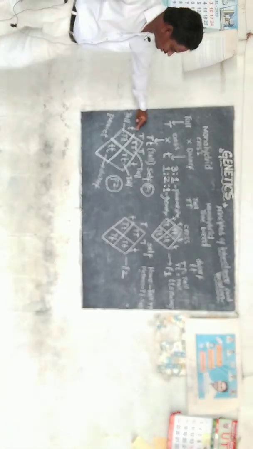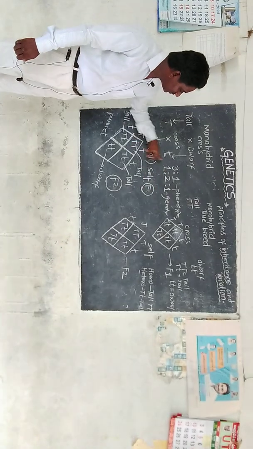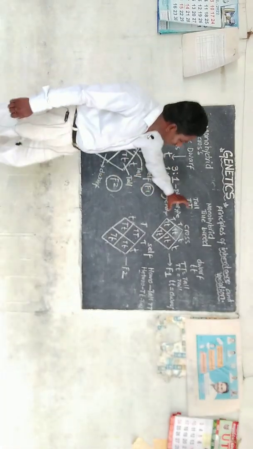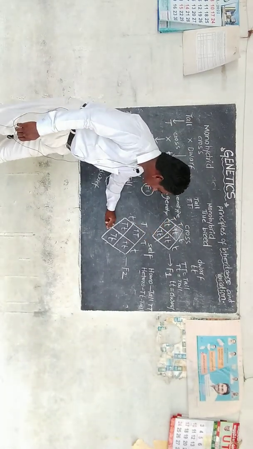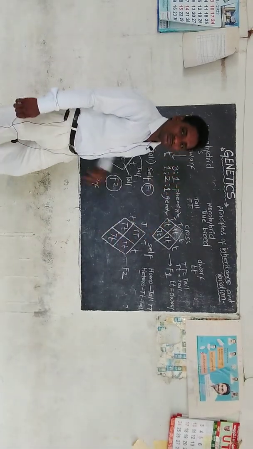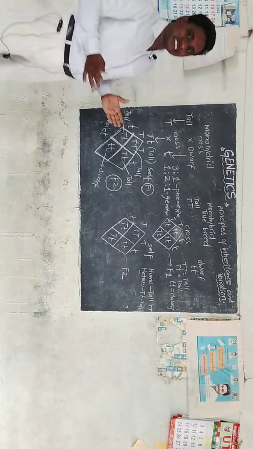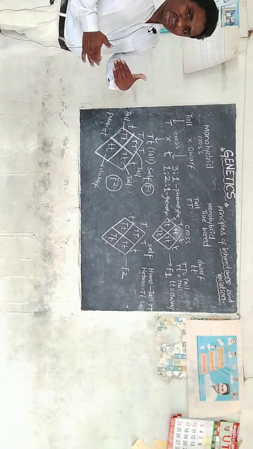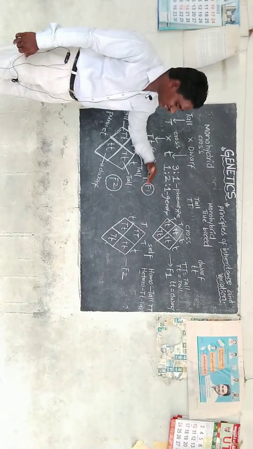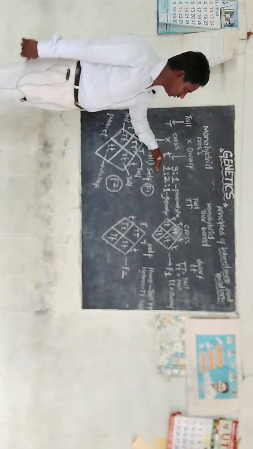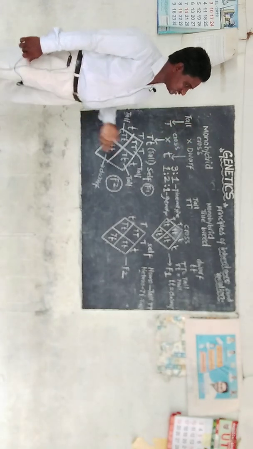Here the genotype ratio is 1:2:1 and the phenotype ratio is 3:1. On self-fertilization of the first generation, all are tall. After observing this, he experimented with many other types of plants, but he got the same type of result. That's all about this monohybrid cross, monohybrid